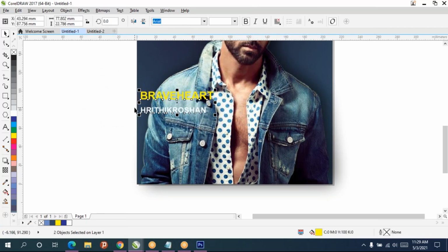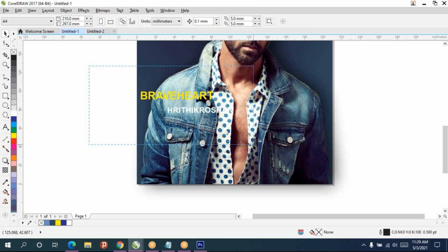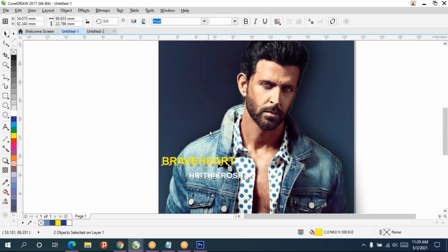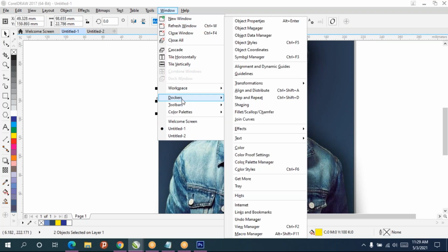For aligning the text in the same line, suppose the text is like this, beside the text, go to the Window menu. In the Window menu, Dockers, enable Align and Distribute.